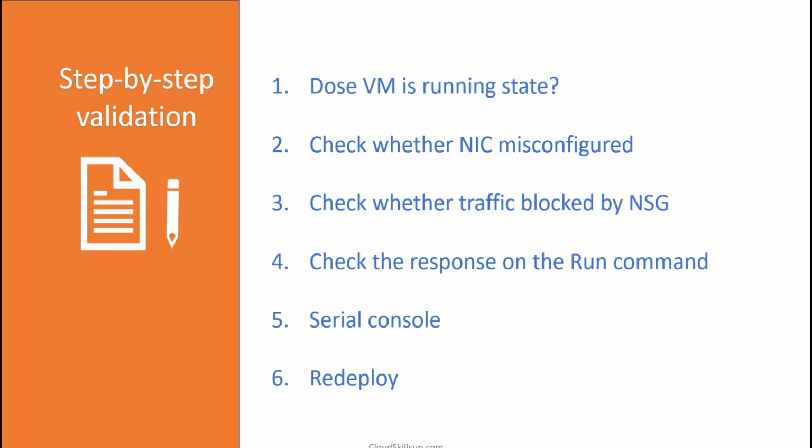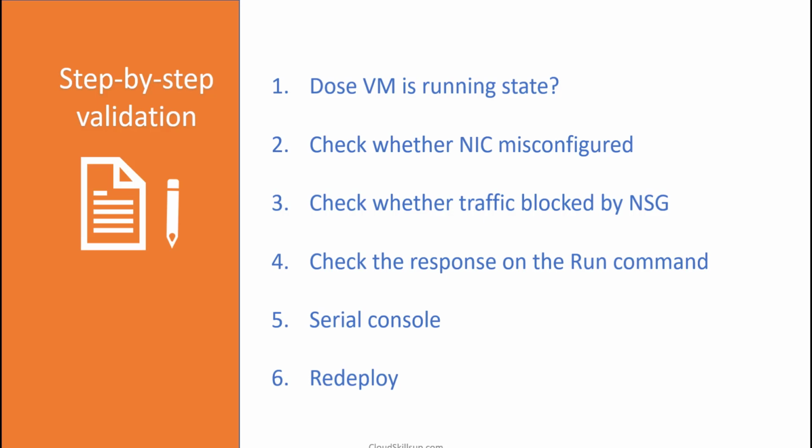If the inbound and outbound rules are properly configured, then we have to test by running a command from the Azure portal. Azure has provided a very good option for when we are not able to connect through PuTTY and other tools, and we need to run commands to find out the status of the VM, or whether the commands running on that VM are responsive or not. So we can explore that option also.